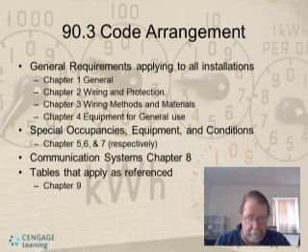Now, 90.3 code arrangement, basically what we're going over, the general requirements applying to all installations. You have general, which is your Chapter 1. Chapter 2 is wiring and protection. Chapter 3 is wiring methods and materials. Chapter 4 is equipment for general use. Now, special occupancies, equipment, and conditions, Chapter 5, 6, and 7 respectively cover these subjects. And the communication systems are covered in Chapter 8. And then the tables